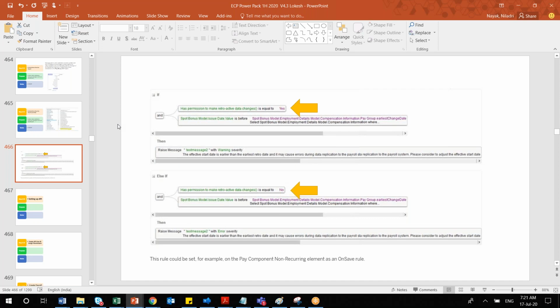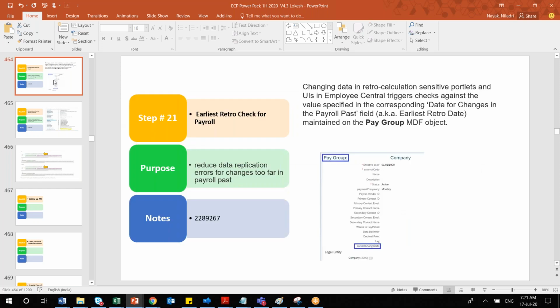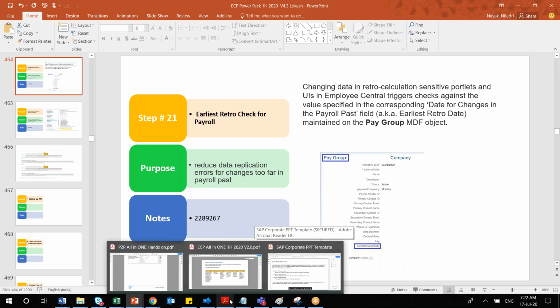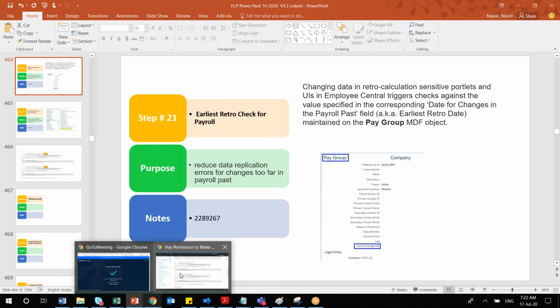Exactly, Lucas, this is the thing I tried to explain. I took the context from this KBA that I followed, but somehow in the deck I couldn't put it. Yesterday I figured out that the same KBA explains it there. And the same context also covers the pay group, where exactly you will be maintaining this value. This is regarding that, and next I will show you something.